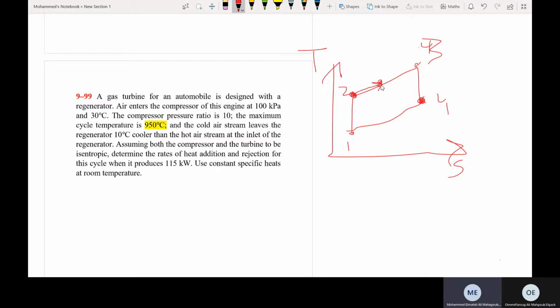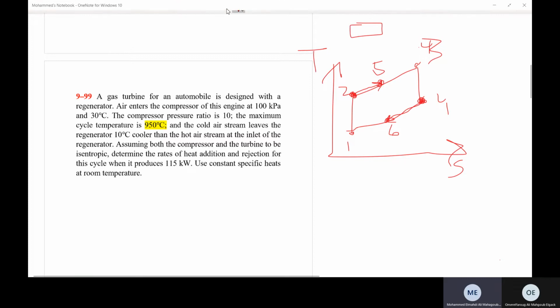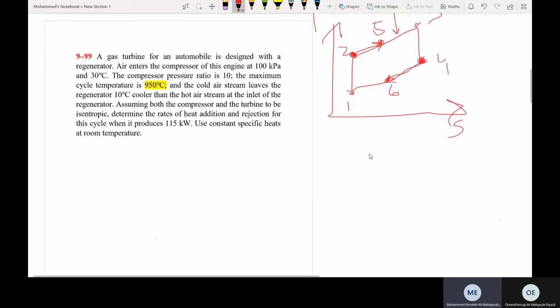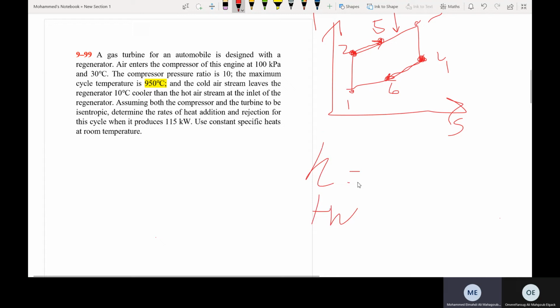So maybe we move it to here, and this point will be called 0.5, and this point will maybe move to here, and it will be called 0.6. So the actual heat addition process from outside the cycle, from the source, maybe a furnace or coal or anything from outside, is going to be only here. So we decreased the heat addition to the cycle, which will increase the thermal efficiency, because the thermal efficiency is